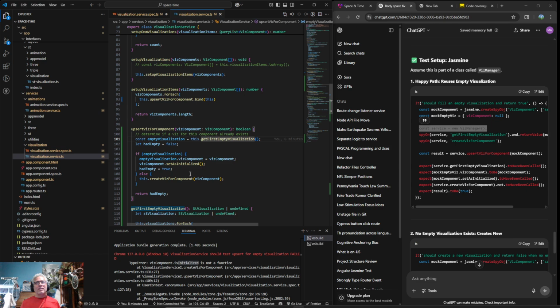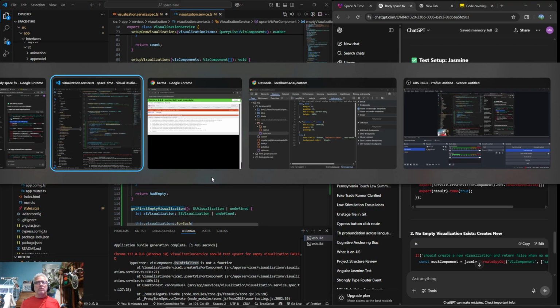I wonder why it's this get first. So setAs isInitialized is a function. Oh, I don't need to. I wonder if it's because of this create viz for this viz component.